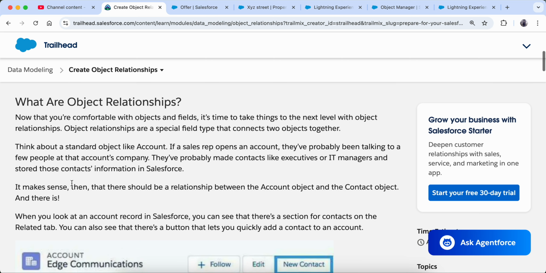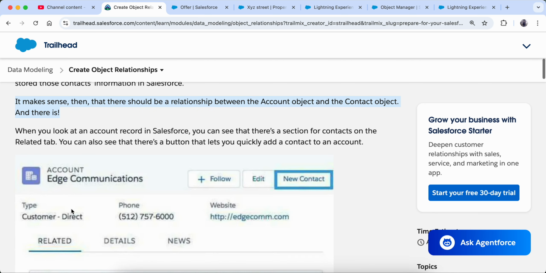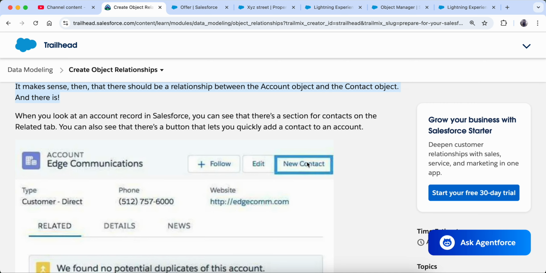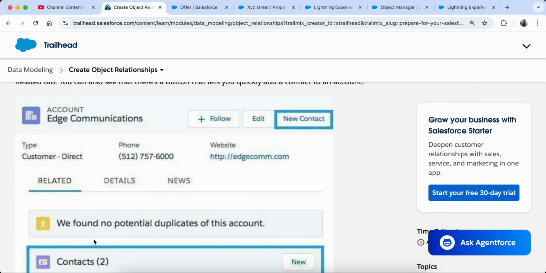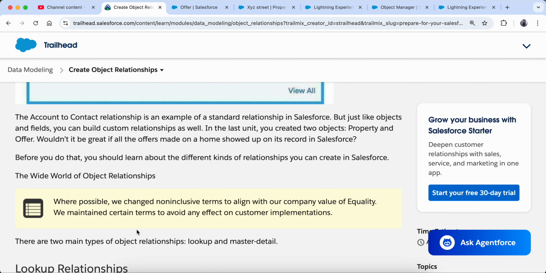So for example, now they are saying account and contact object. Suppose there is an account. We have an account of a company known as Edge Communication, as they have given here also. Now we create a new contact for that account. Now this new contact is having a relationship with this account, right? One account can have multiple contact objects, right? So whenever we open the account, we can go into the contacts and we can see the contacts from the account. So this is what a standard relationship is.